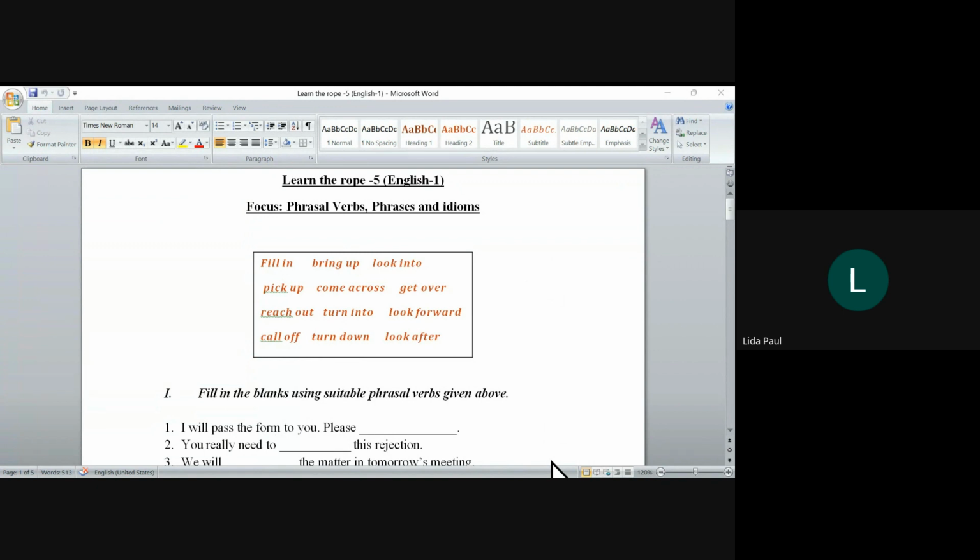But how do you use phrasal verbs? Like if you have heard the lecture, you have two categories of phrasal verbs. What are those categories? I think this question has come up sometimes during the doubt clearance session as well. And it's also part of your, you may have already had these questions in the quiz as well. What